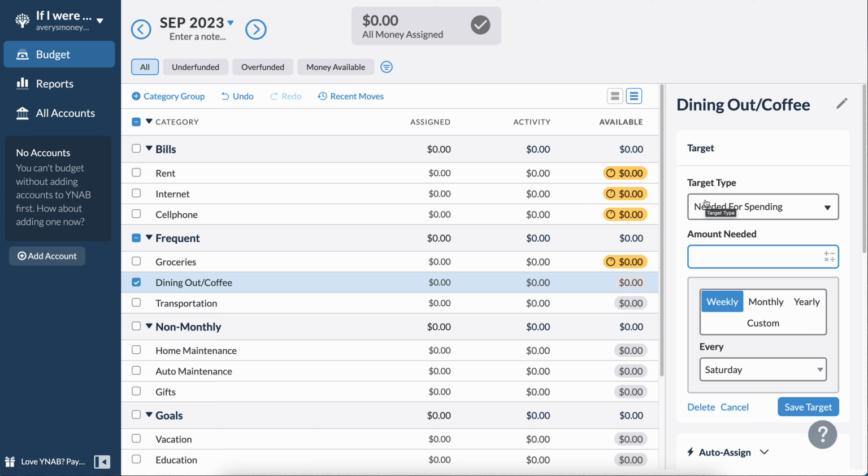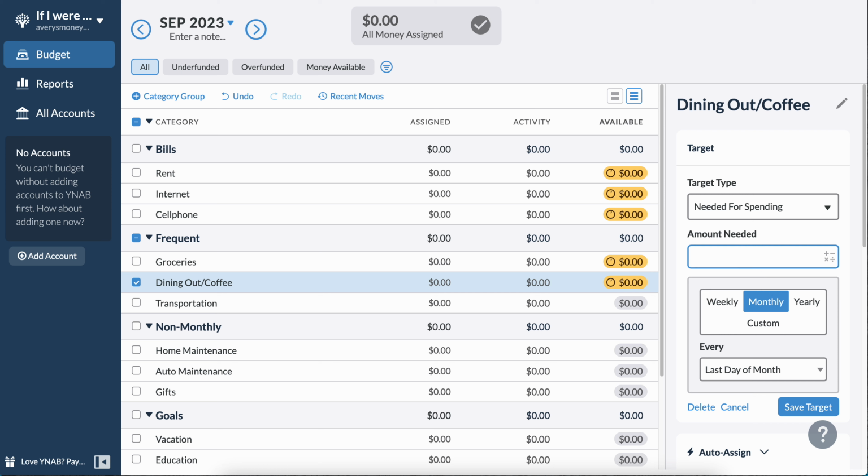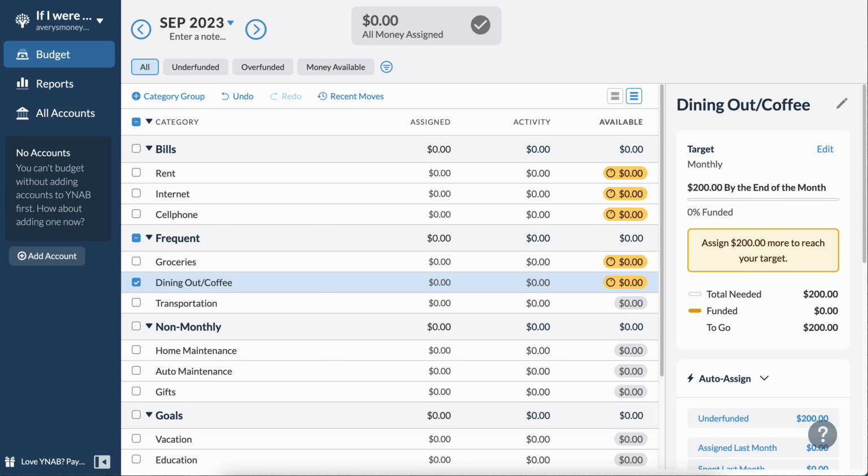And then if I'm eating out once a week, that could be anywhere from like $10 to $30. So $50 weekly would probably be a good goal, but I don't know if I'd have that much money. But let me just put everything in here, and then if I think I need to cut back, I will. So let's also say $200 a month on dining out, because I also want to make sure I'm staying connected and not just staying at home all the time when I'm not working.